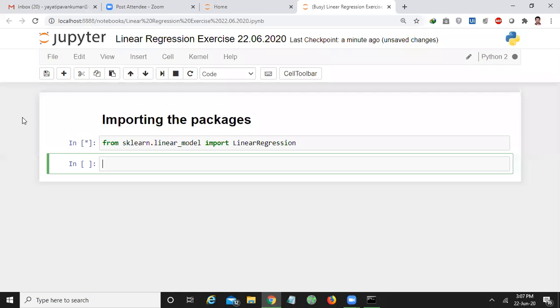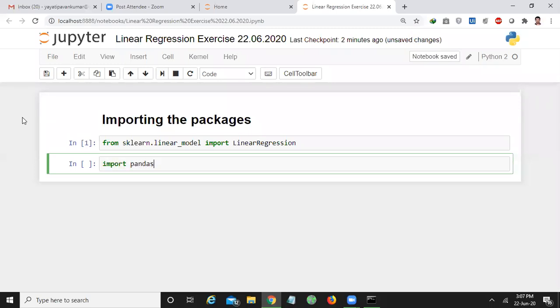Today I'll also demonstrate the difference between the GraphLab and sklearn packages. sklearn is also called the scikit-learn package. Generally, the packages necessary for machine learning algorithms are derived from scikit-learn. The GraphLab package is also very useful, but we can do more analytics with it when compared to scikit-learn. I'll show you that difference today, definitely.